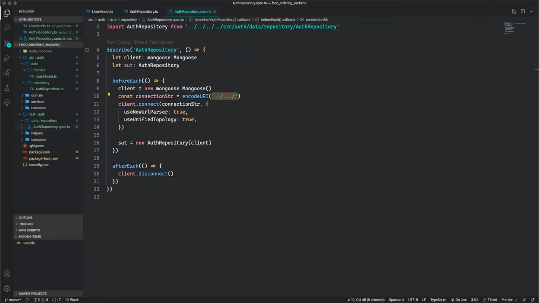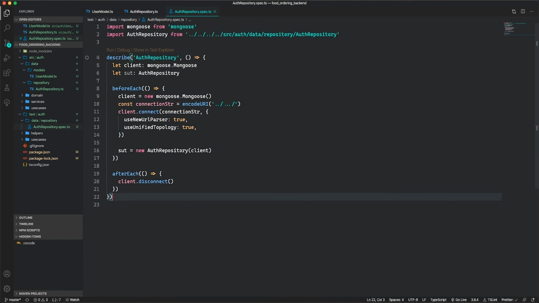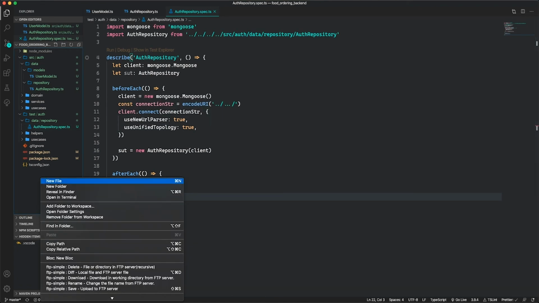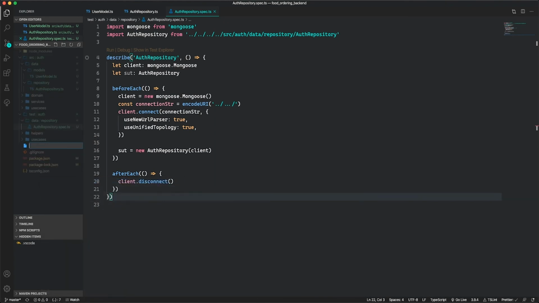And I'm going to put that in an environment variable. So to create a new file, I'm going to call it .env,